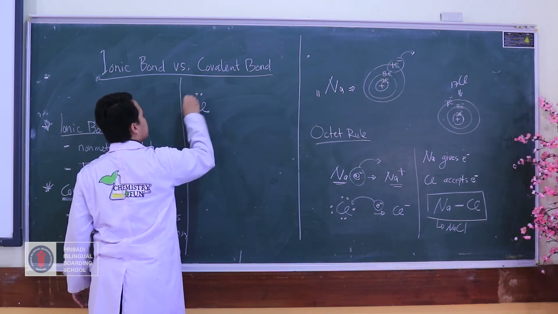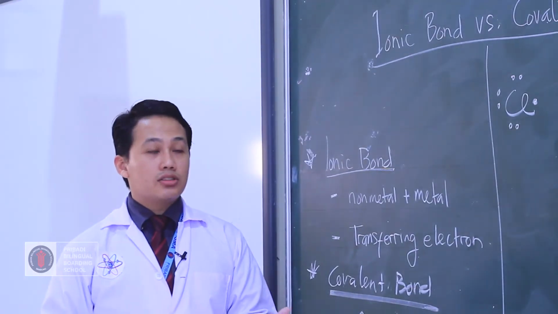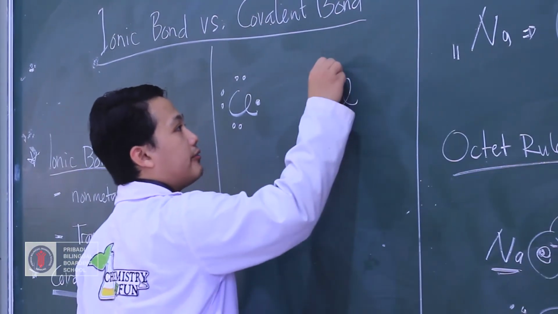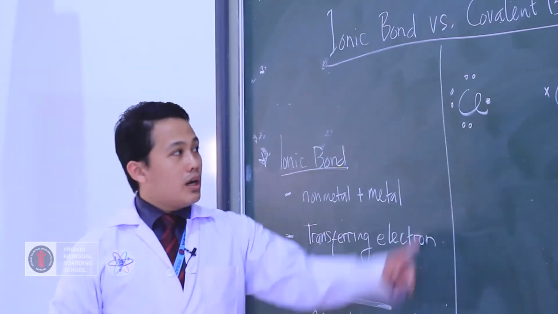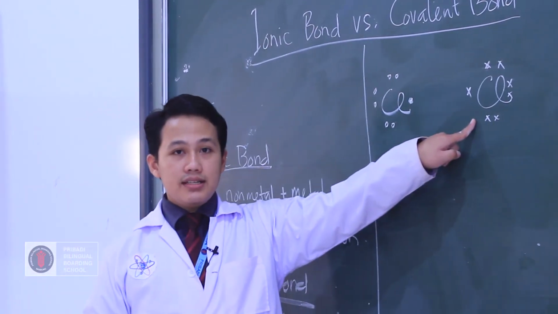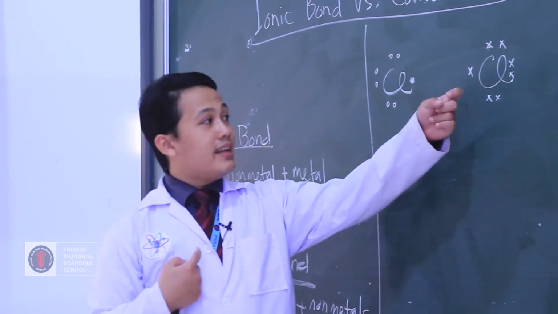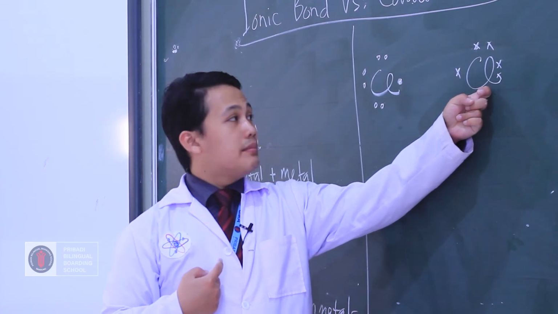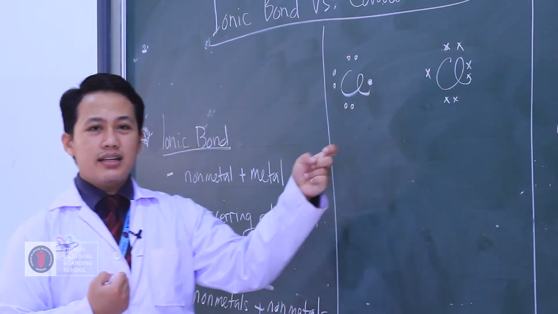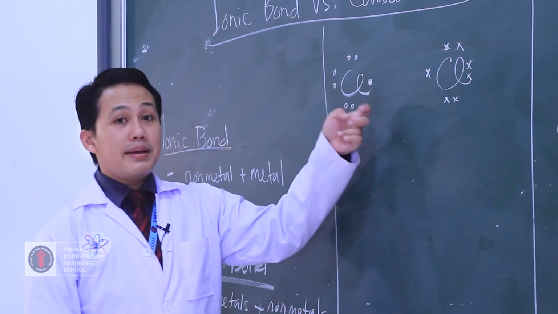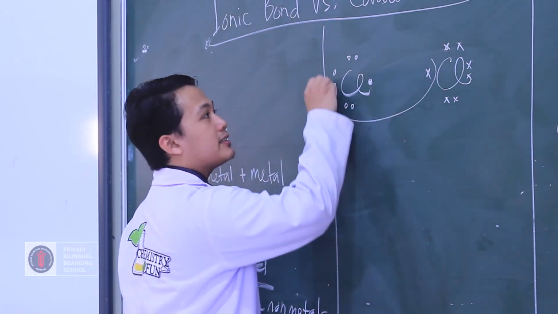Cl has 7 electrons in the outermost layer, and in here we will have Cl also. Okay, one of them is Cl, one of them is also Cl, isn't it? So here it needs 1 electron. On the other hand, it also needs 1 electron, but it doesn't want to lose its electrons, right? They only need 1 electron, isn't it? So how can they make a bond? Basically share their electrons. So here it borrows 1 electron.